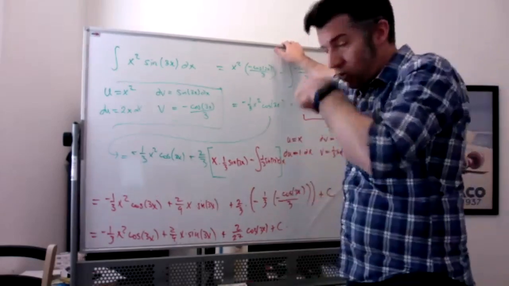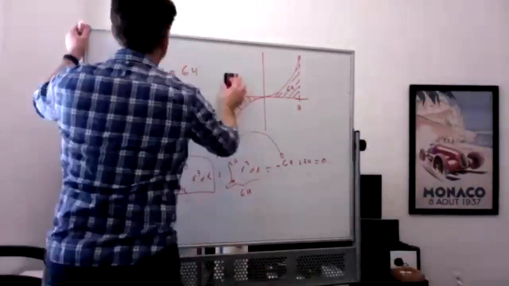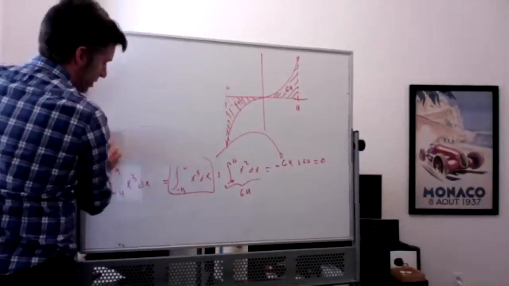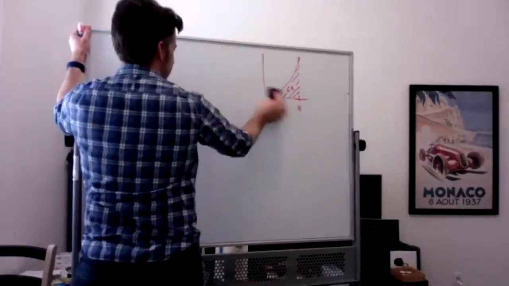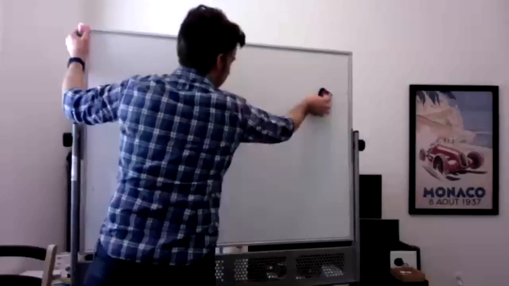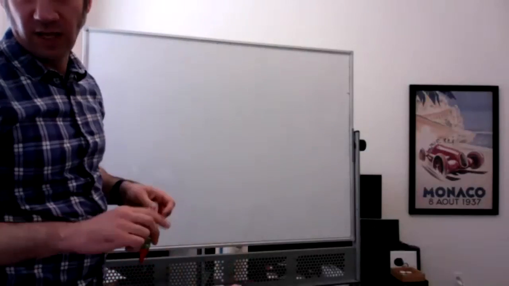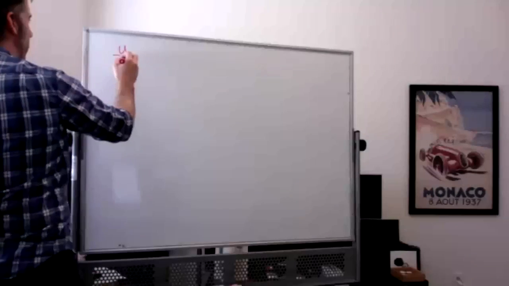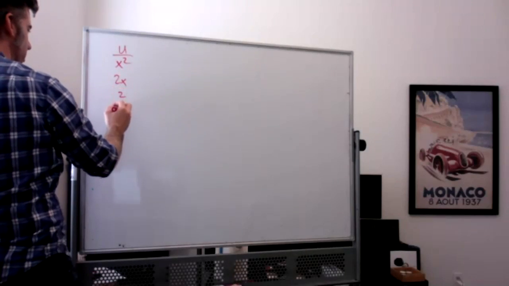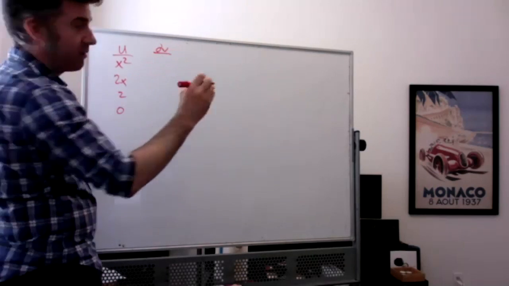But I do want to point out that this one you could also do via the tabular method. I really want to emphasize, if you're allowed to use tabular, which some professors don't allow because you haven't learned it in class, it's a perfectly good method for this type of integral. If I let u be x squared, the derivatives are 2x, 2, and 0, and dv is sine of 3x,